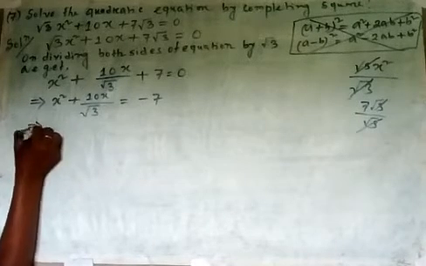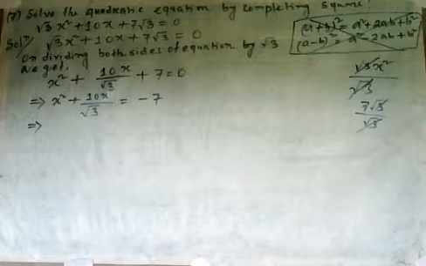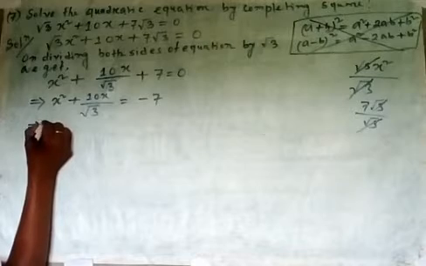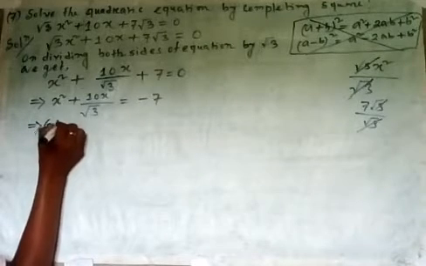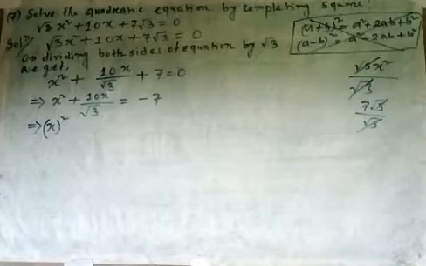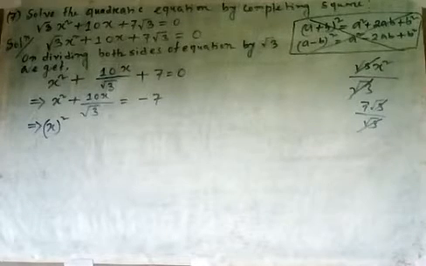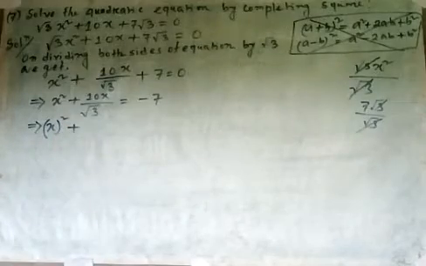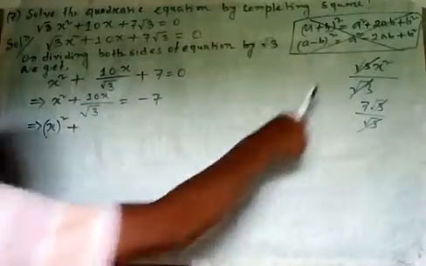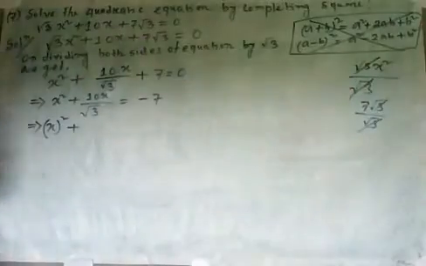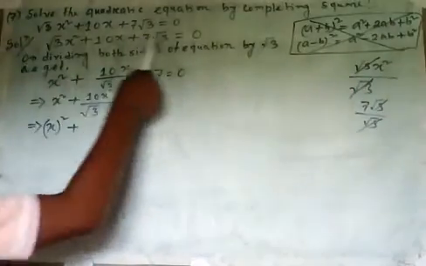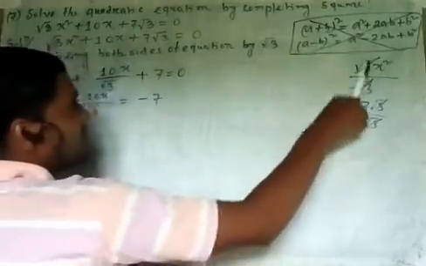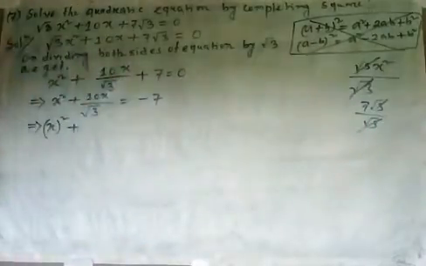This implies x square, how can we write, x whole square. Plus is plus. I already said, a plus b whole square formula. Why? In this question there is no minus symbol. So a plus b whole square equal to, what is the formula? A square plus 2ab plus b square.